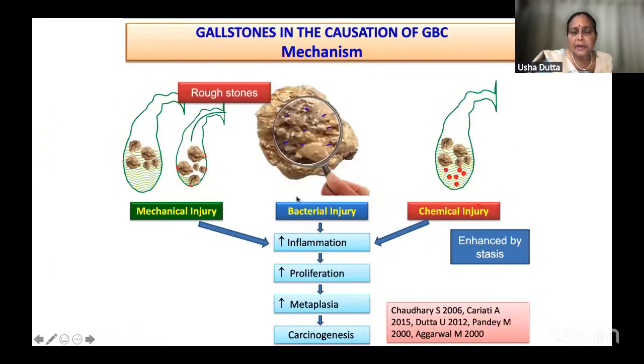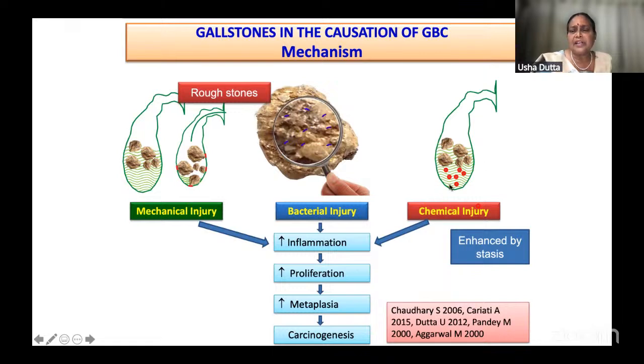My PhD student did this work, and we found that mechanical injury, that means large, rough, irregular stones, more often caused gallbladder inflammation. We found that stones harbored a lot of biofilms and a lot of microbiome. We did a detailed 16S analysis of these stones and found that the microbiota was entirely different on the stone. And 80% of the gallbladders harboring stones had culture positive gallbladder tissue. That means those with stones already have a lot of bacteria sitting on the gallbladder lining as well as on the stones.